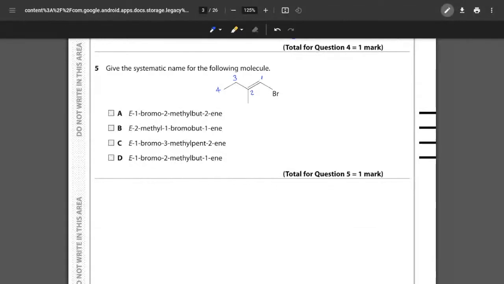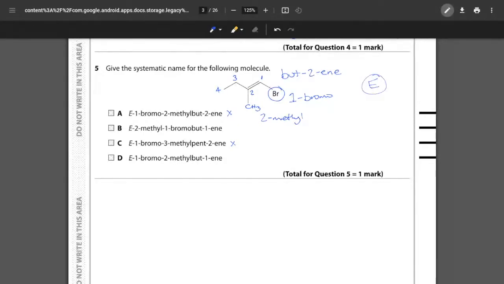So that can get rid of but-2-ene, and it can also get rid of the pent-2-ene, because we know that this is going to have a base structure of but-1-ene. Then we have to look at where we have our substituents being attached. So we have a bromo attached to carbon number 1, and remember this is a methyl group that's attached to carbon number 2. Therefore, we're going to have the 1-bromo 2-methyl, and we know that it's but-2-ene, and we know that it is the E isomer because all of our